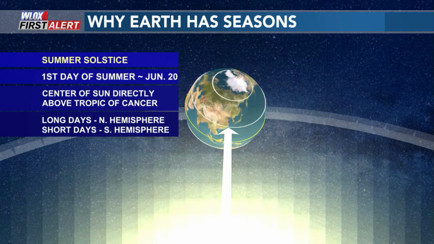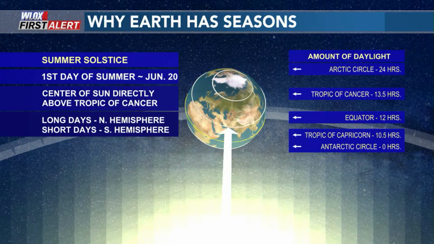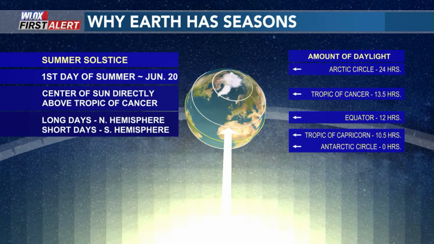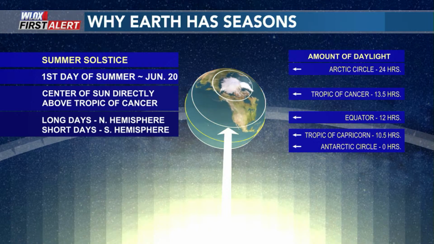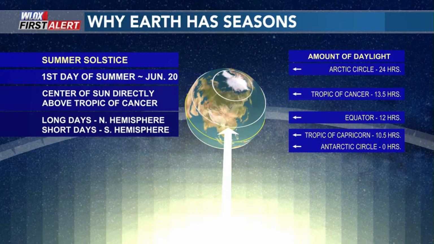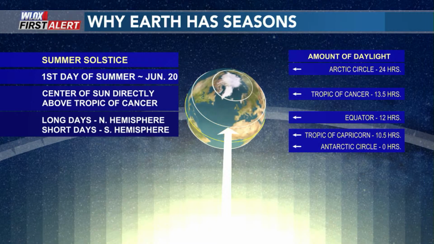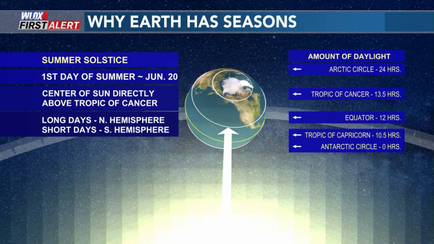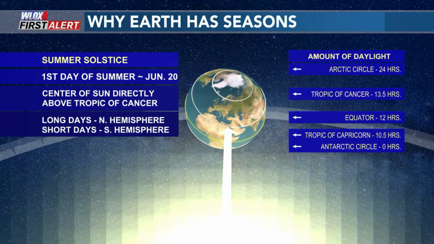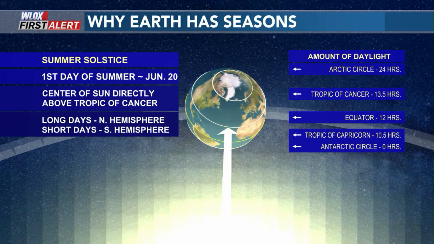But don't believe me, don't take my word for it. Go to June and take a trip. Take a trip from where we are in the northern hemisphere, the Gulf Coast, and take a trip down to Australia or down to Argentina, the opposite side of the world, the southern hemisphere. In our summer, they get less sun. They actually get their winter. So the seasons are reversed depending on the side of the equator you're on. So in our summer, it's their winter, and they get less daylight there.